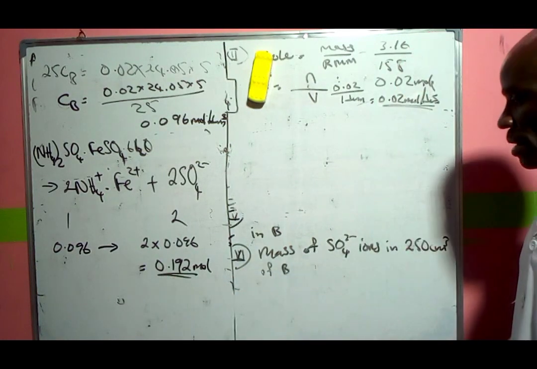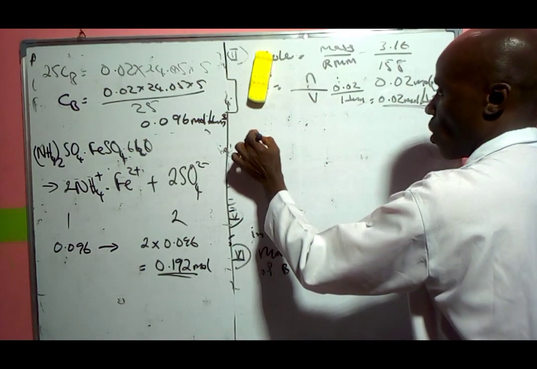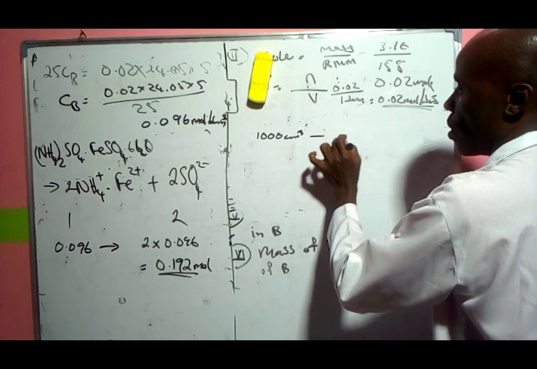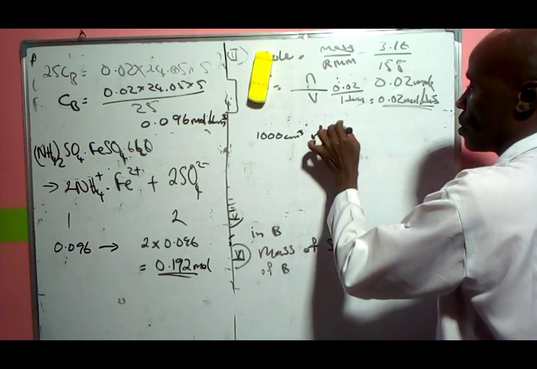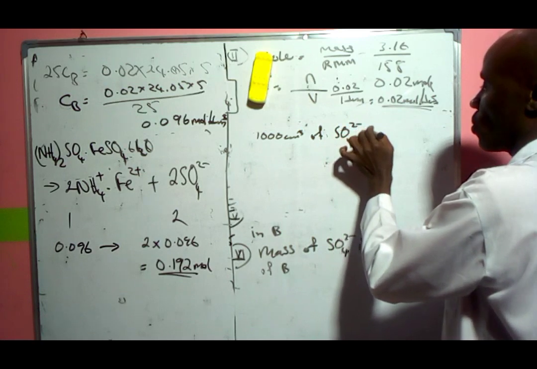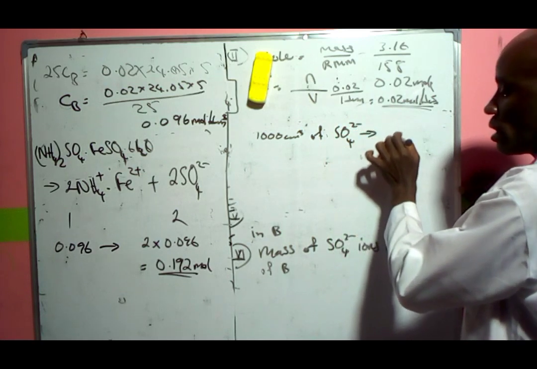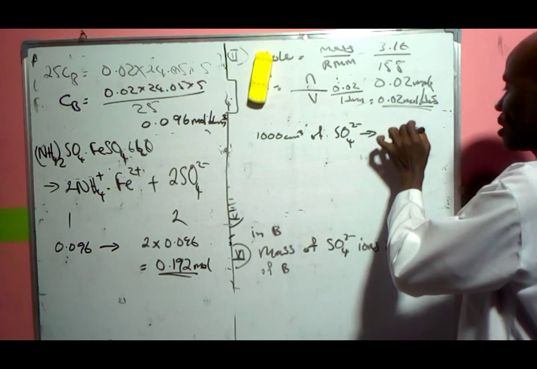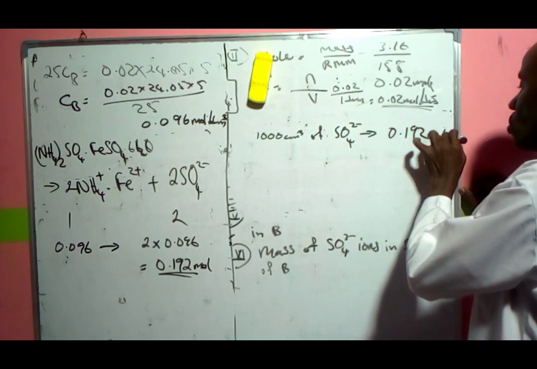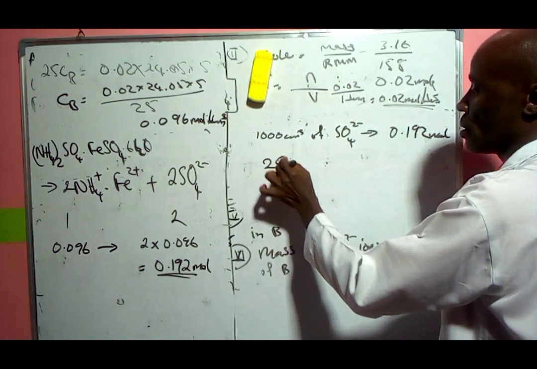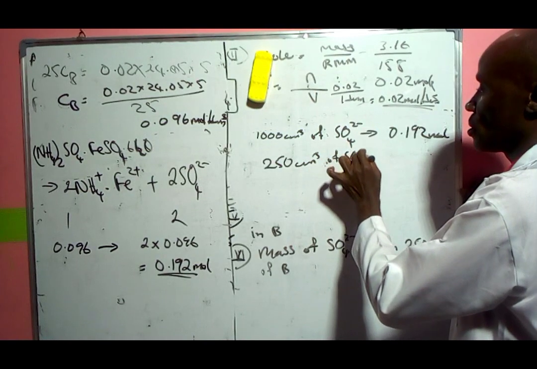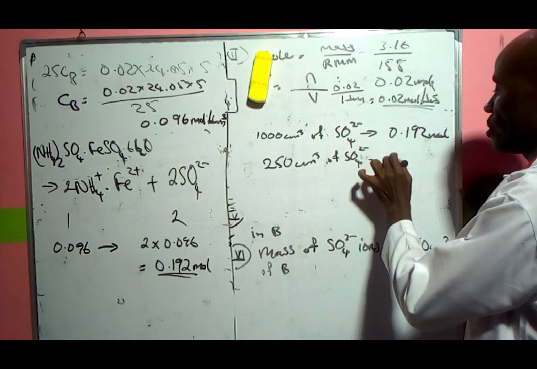What it simply means is that 1000 cm cube of tetrahedral sulfur 6 ion in solution contains 0.192 moles. So 250 cm cube of the same ion will then be